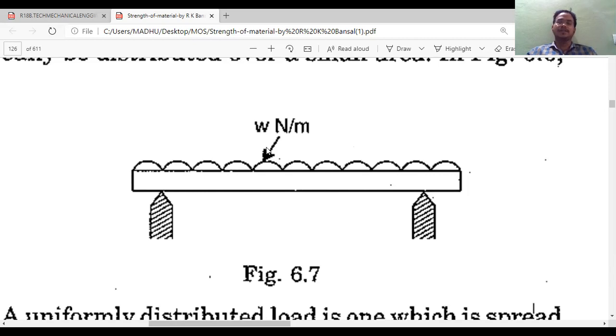And the force concentration is calculated to a single point, and we will see how the analysis will happen in the coming videos also. So this W Newton per meter unit will convert into Newton. When we multiply with the length, so many newtons of load is acting over the centroid of this UDL. It is not the centroid of the place, it is the centroid of the UDL we should consider.